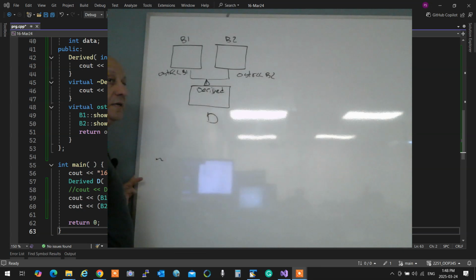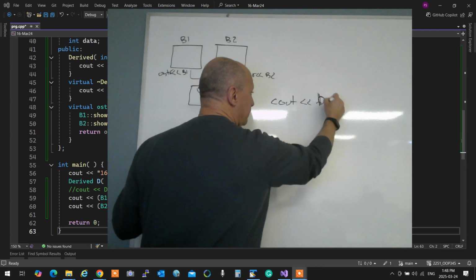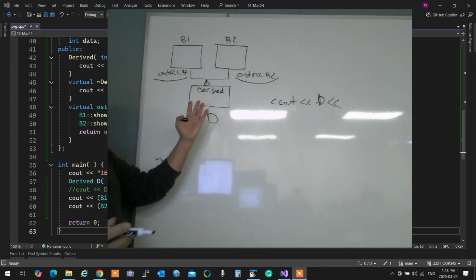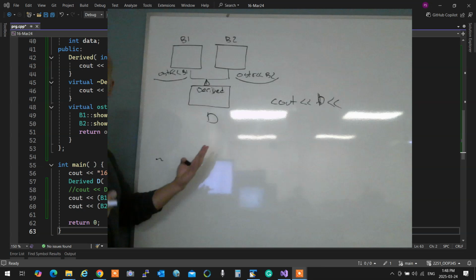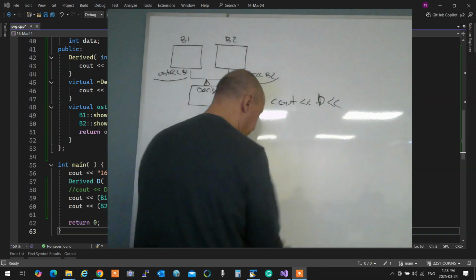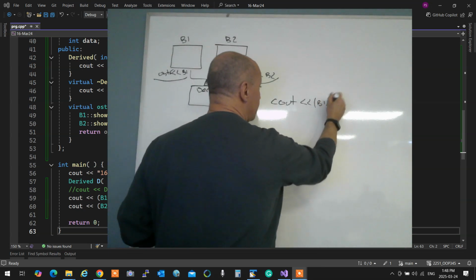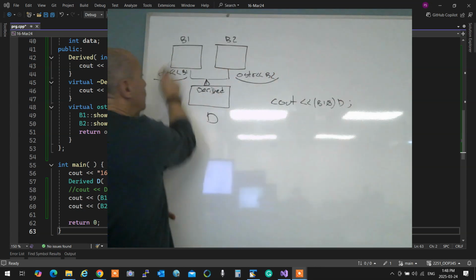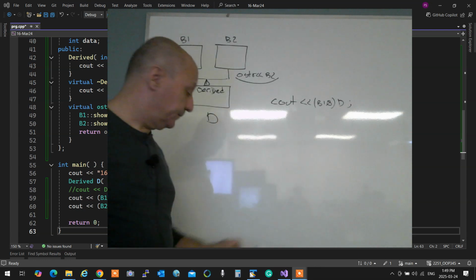And in here I have D. If I say cout D, the compiler doesn't know which one to pick because they are equally suitable to show everything because of virtuality. So it's kind of a collision between the two. But as soon as I cast this D of mine to one of the two, so if I say B1 reference D, now I'm good because now it knows which path to take. And it will run.